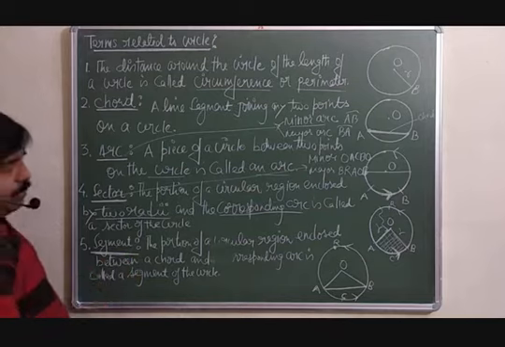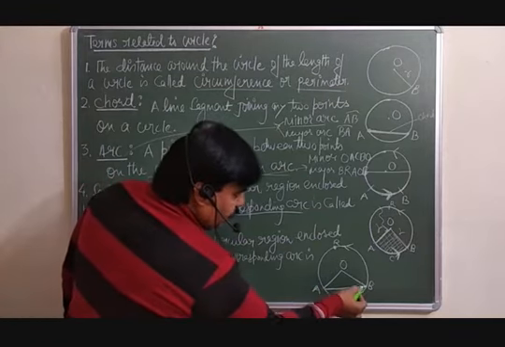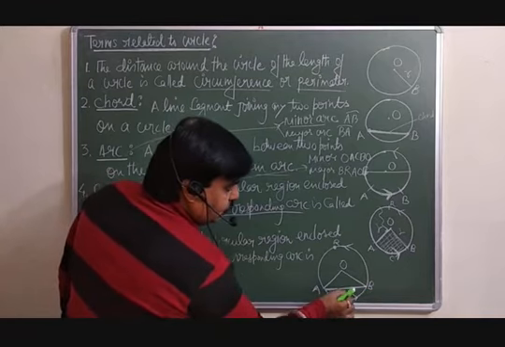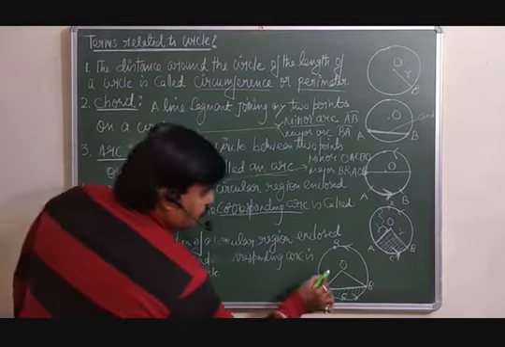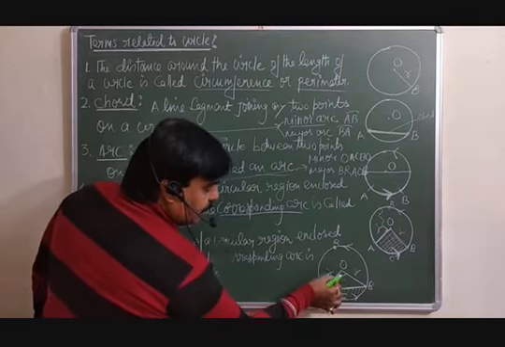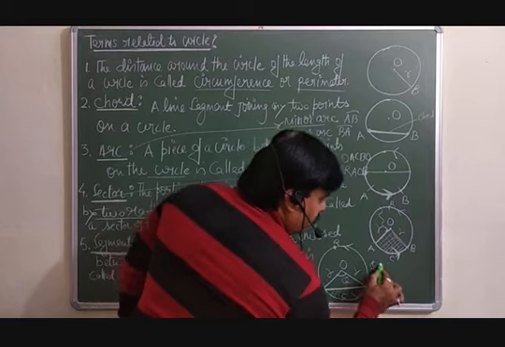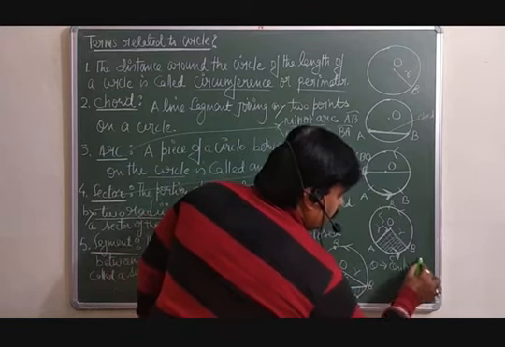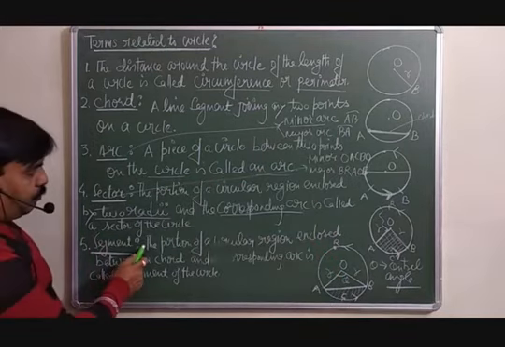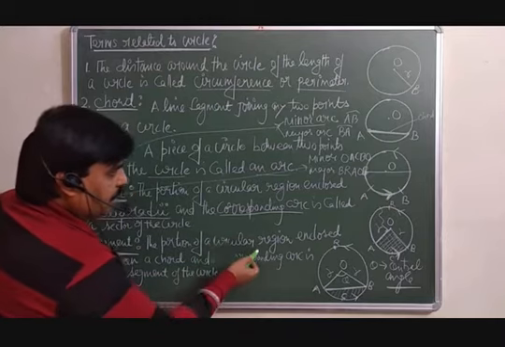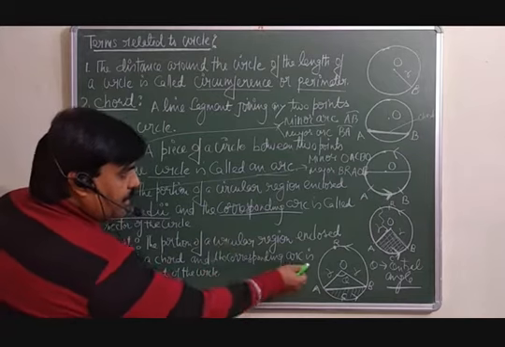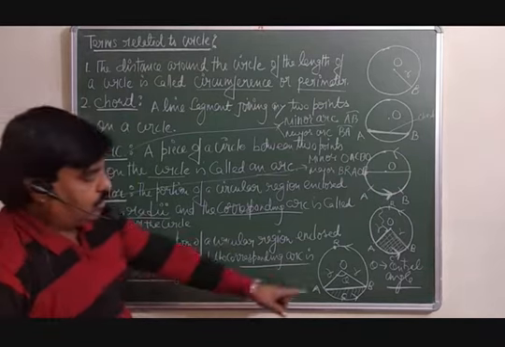Now the segment. Segment is the region that is enclosed by the chord and the corresponding arc. The area enclosed by the chord and corresponding arc is known as a segment. Yeah, this is your radius, and the angle subtended by this at the center, you can say, is theta. This theta angle we call the central angle. This is known as a central angle, which later on we will discuss. So segment is the portion of a circular region enclosed between a chord and the corresponding arc. So this is your segment.